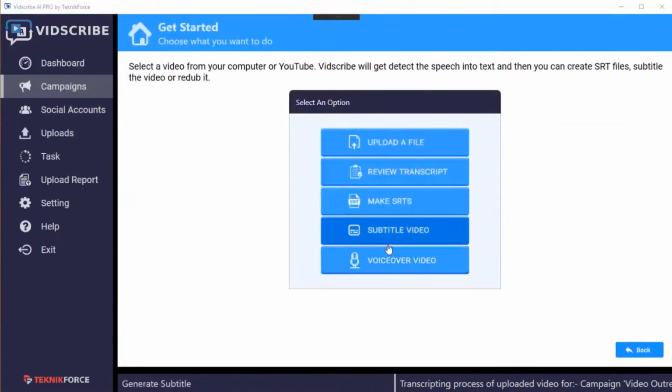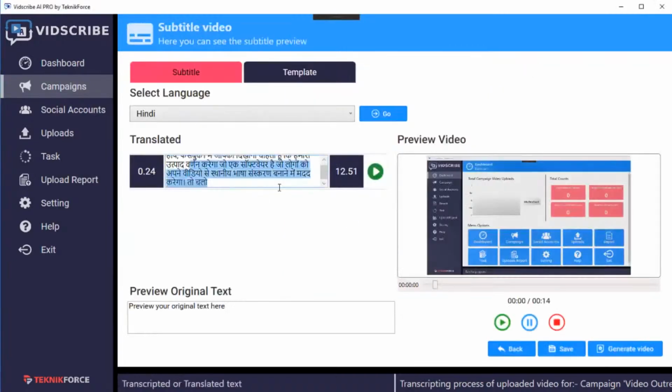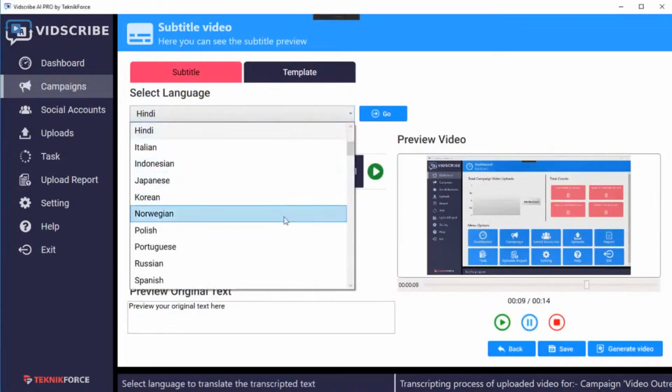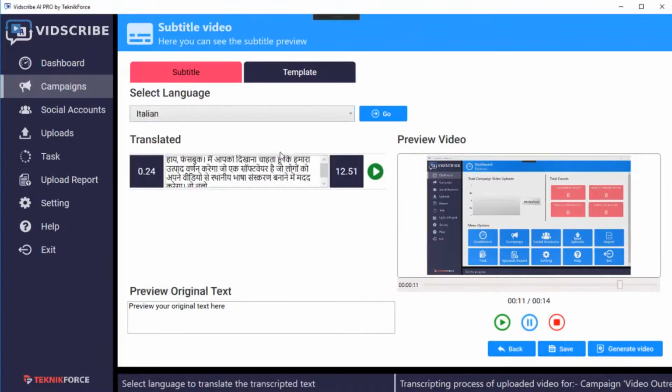Next, I'm going to show you how easy it is to make subtitles on the video. Click on subtitle video, and you will see your text over here. Again, you can change anything you want. You can even change the language of the subtitle. So if you want to do the subtitles in Italian, for example, just click on go, and the entire text